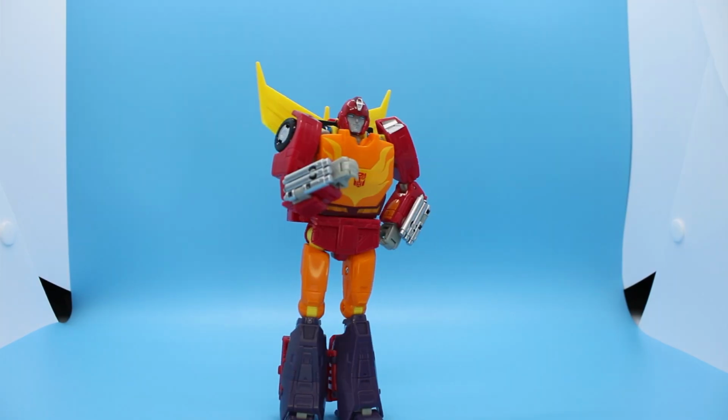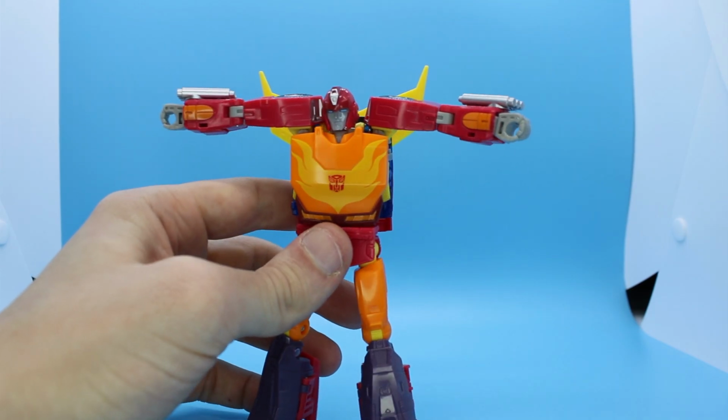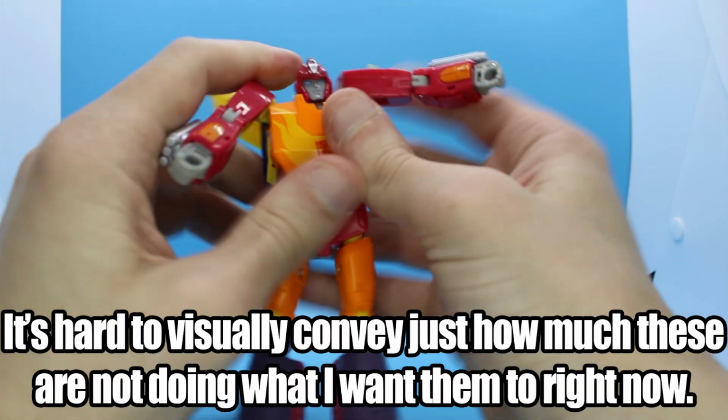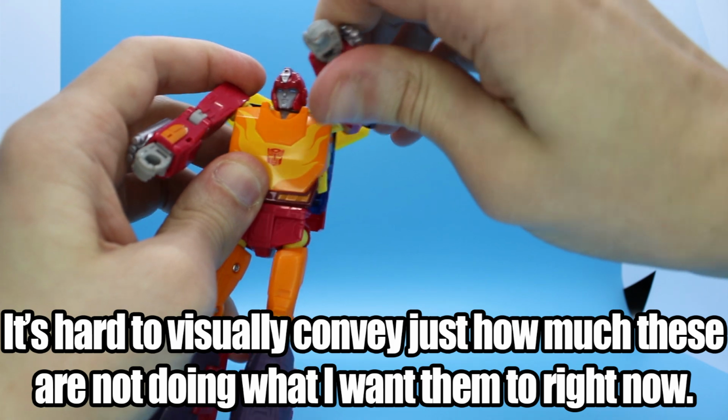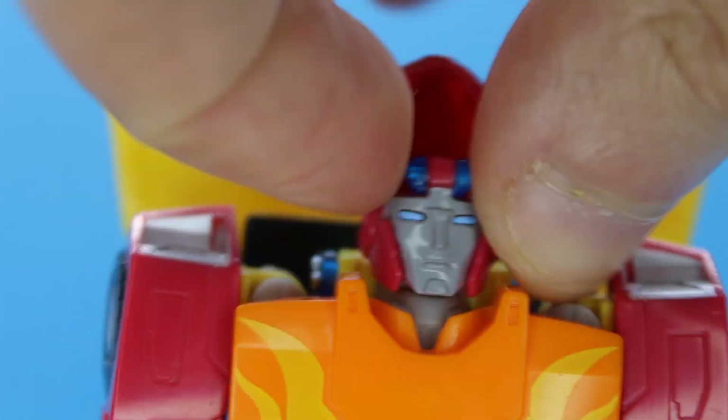The sculpt on this is also really dynamic. Put the arms anywhere and they will probably look cool. To a point. Yeah, this is a big issue as I see it. The way the shoulders are mounted not only looks awkward, but they behave awkward too. They are just in a weird place and they fight you every step of the way if you try to use them for anything. Cool little feature this figure has is straight off the Masterpiece, where you can pop open